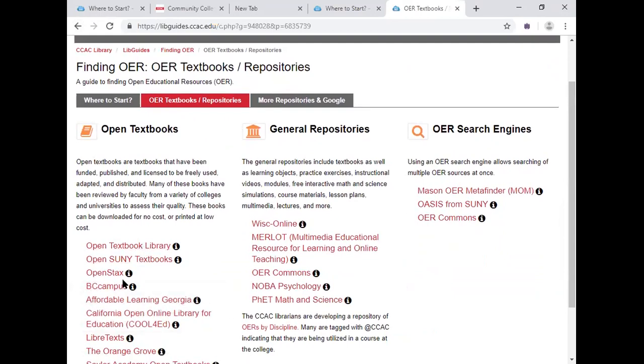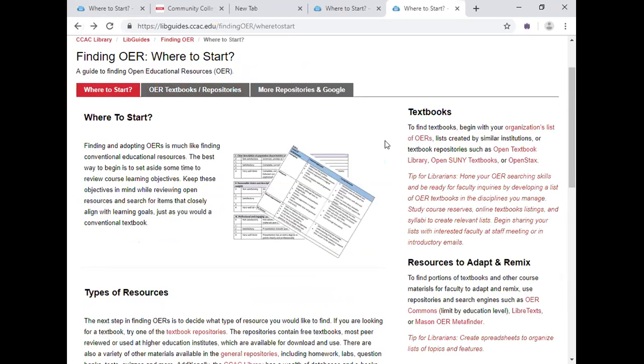Because to learn how to search on all of these repositories takes a while. And you're going to go home and work with it. You're going to find the ones that you're more comfortable with and which ones are best for which searches. But just so you get an idea,